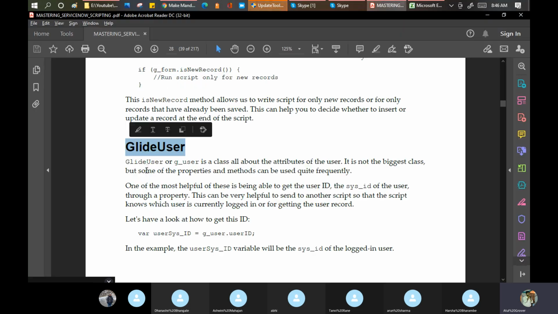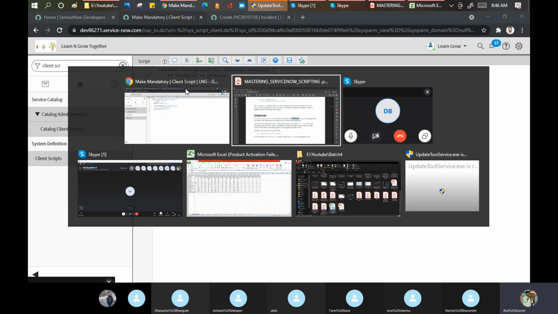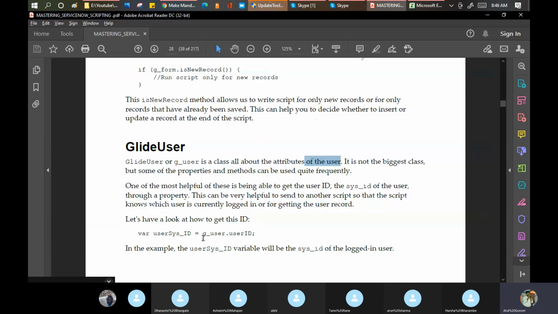If you come here, g_user is a class all about the attributes of the user. It is not the biggest class. You can see here, it is not the biggest one, right? Only 8 or 10 operations or functions are there which you can utilize. If you want to get the user ID like this, put one variable and store that value in the variable and print it like this.